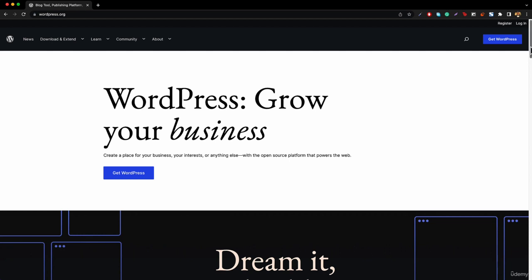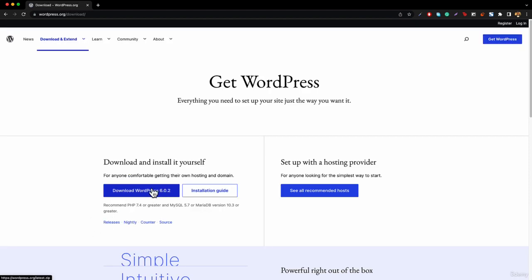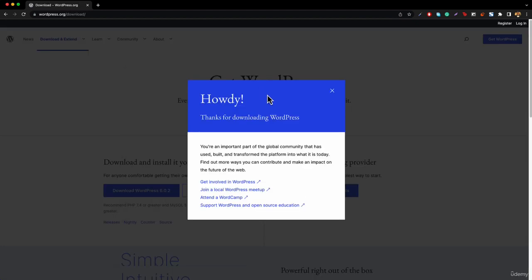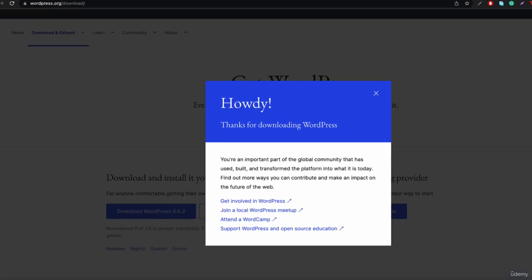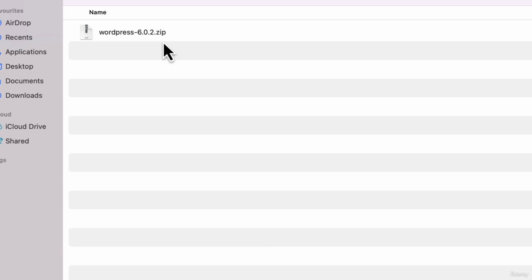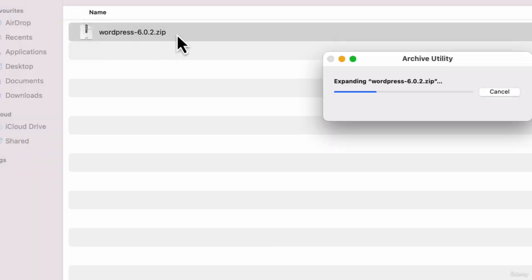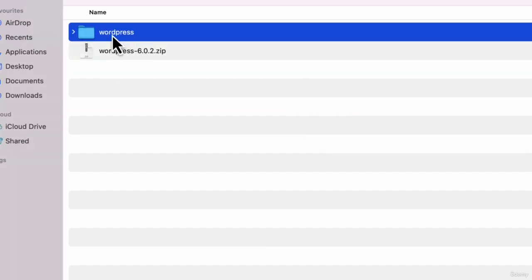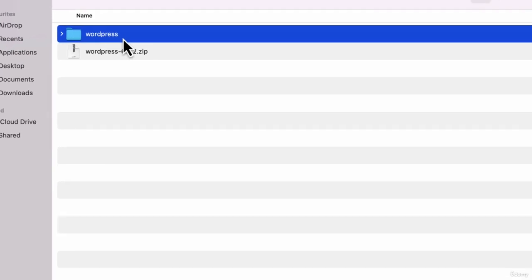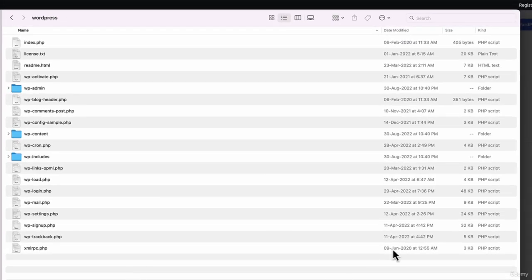So now if we go to wordpress.org and click on Get WordPress, and then inside here we click on Download WordPress, the WordPress files are going to be downloaded. Now if we open that WordPress, you can see that it is actually a zip file. And if we extract this zip file, we will see a WordPress folder. If we open up this folder, you can see that all the files we get are based on